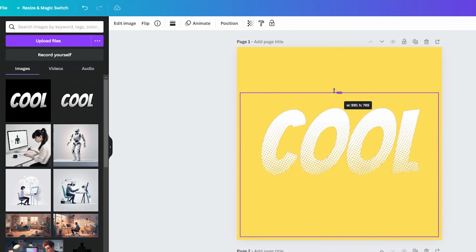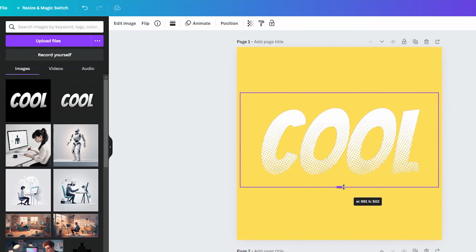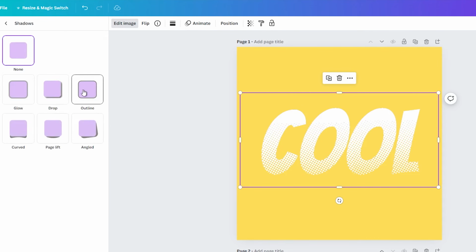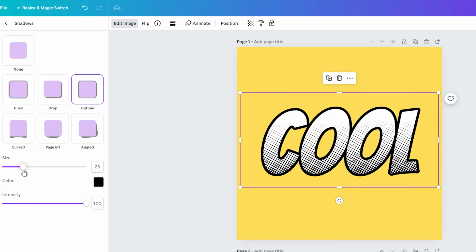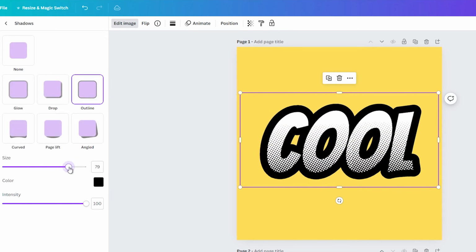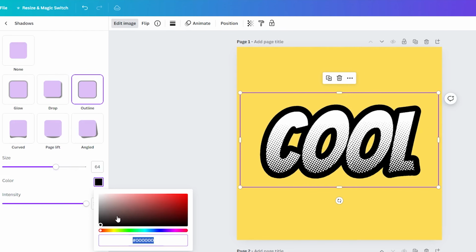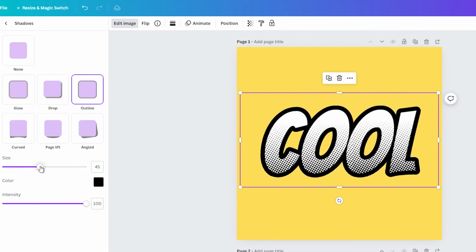When you remove the background on the image with the halftone effect, go again into the Edit Image or Edit Photo feature and select Shadows Effect. Here, find the Outline tool and play with the different sliders to make the text more interesting. You can also change the color of the outline, but I like the black color because it looks great on